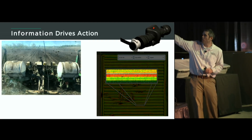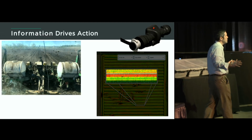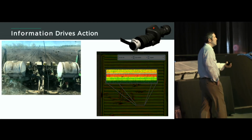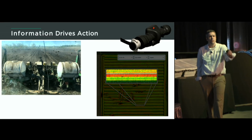We see that pulsing. We see that row-to-row variability, but it's time to plant corn. But we also see that there's 2 rows that aren't putting any product down. It's time to stop the planter and to fix that problem. When we think about this planter in 2017,